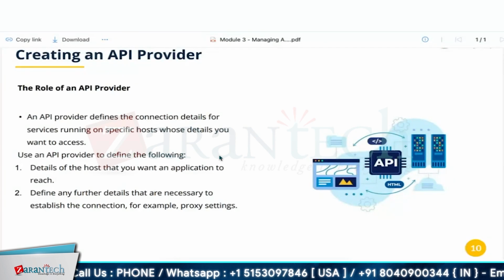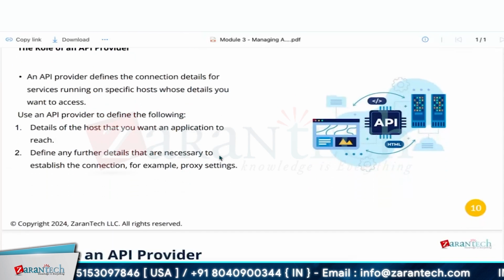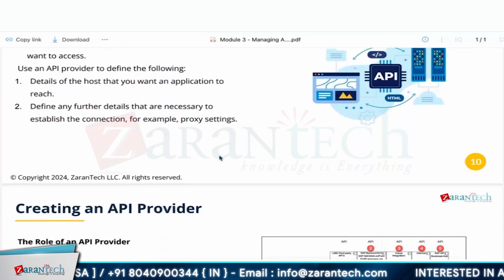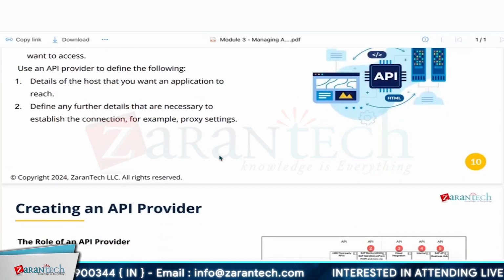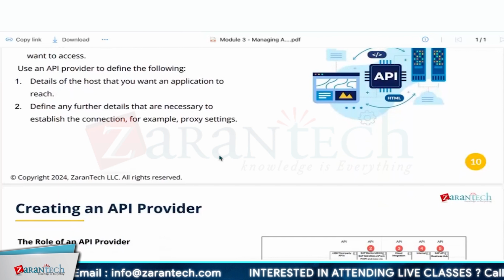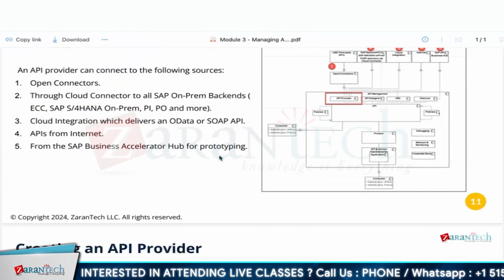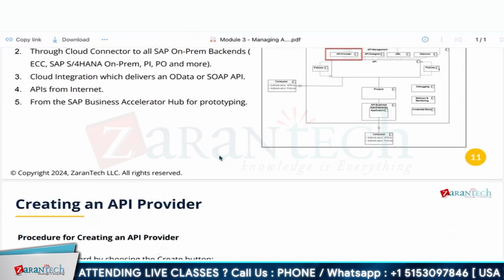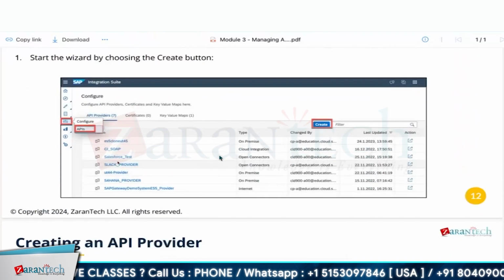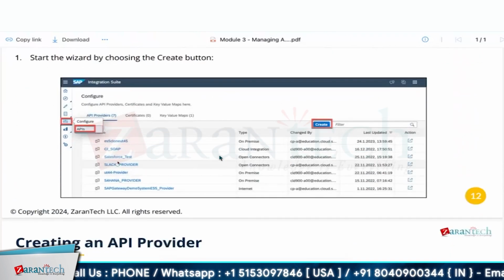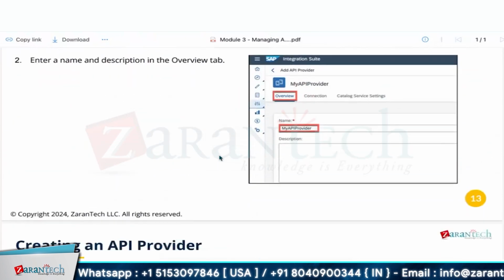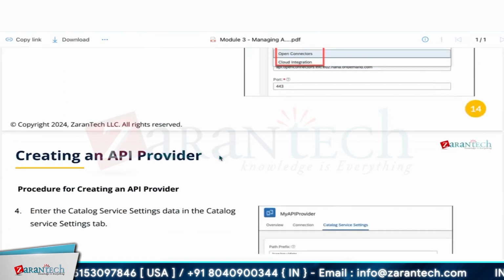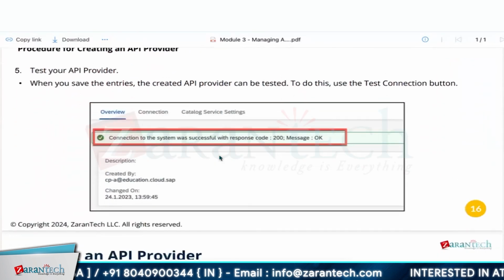Then we touched upon creating the API management, creating an API provider in your API management too. The main role of your API provider is just to proxy that entire provider with a different host name. That is the key role it is going to play. And to start, we already showed how to create an API provider with multiple options. Now we can go ahead with further topics on